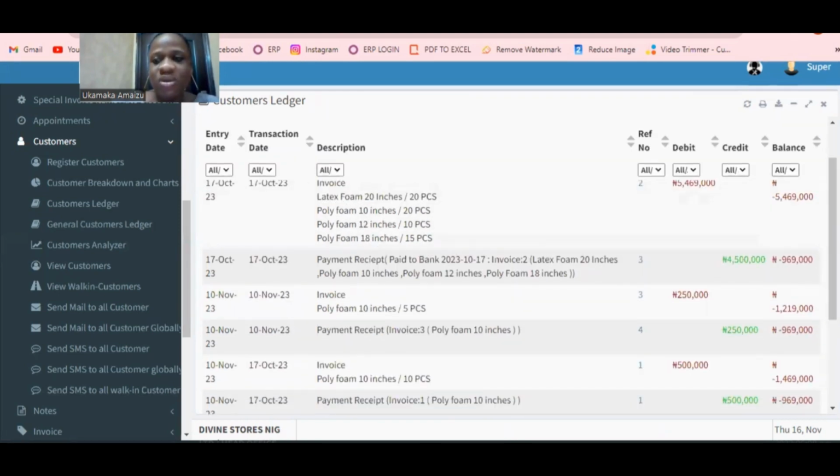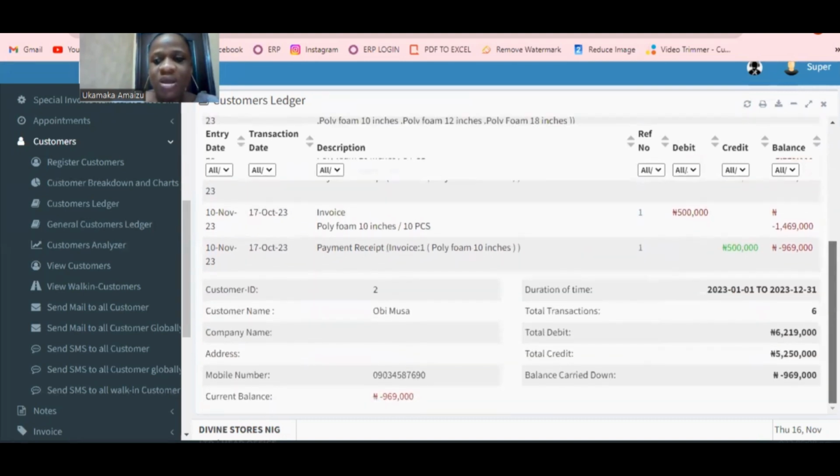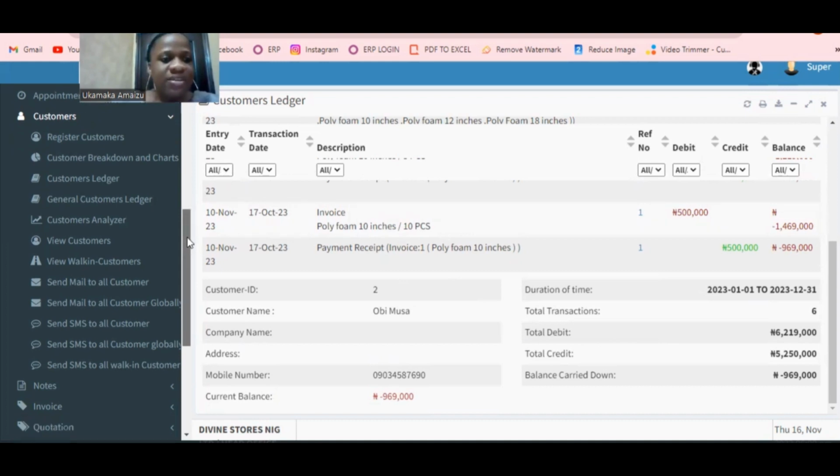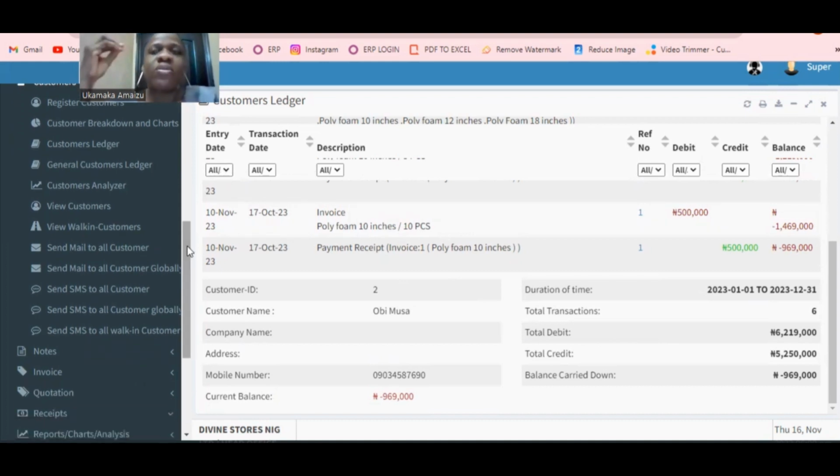Every day what you did, whether you purchased, what did you purchase? If you received your money, how did you receive the money? So this is how we go ahead to explain everything under this customer's ledger. Okay, and that is it. Aside from that, if you also give your customers credit in form of bonus, commission, gift voucher, the system also enables that. Okay,